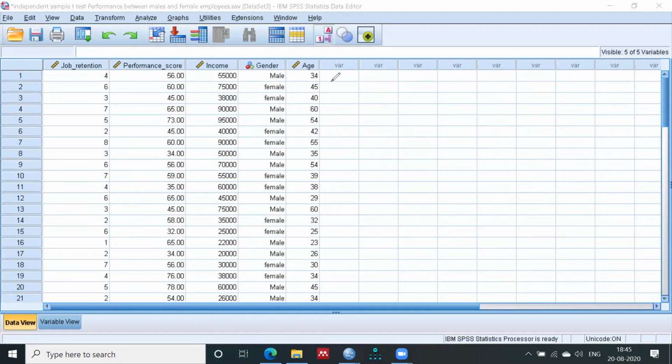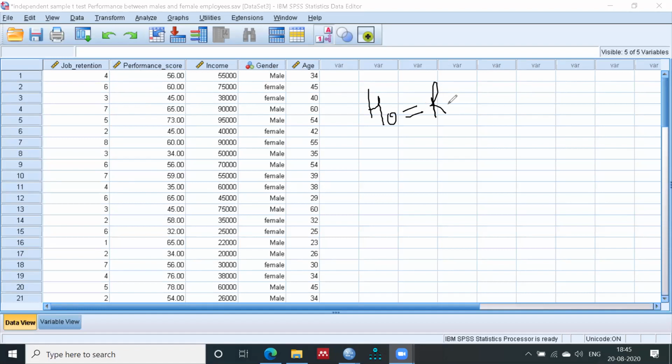The data is all about the employees: the job retention, their performance score, their salary and age. I just want to apply the independent sample t-test on job retention, that's why.